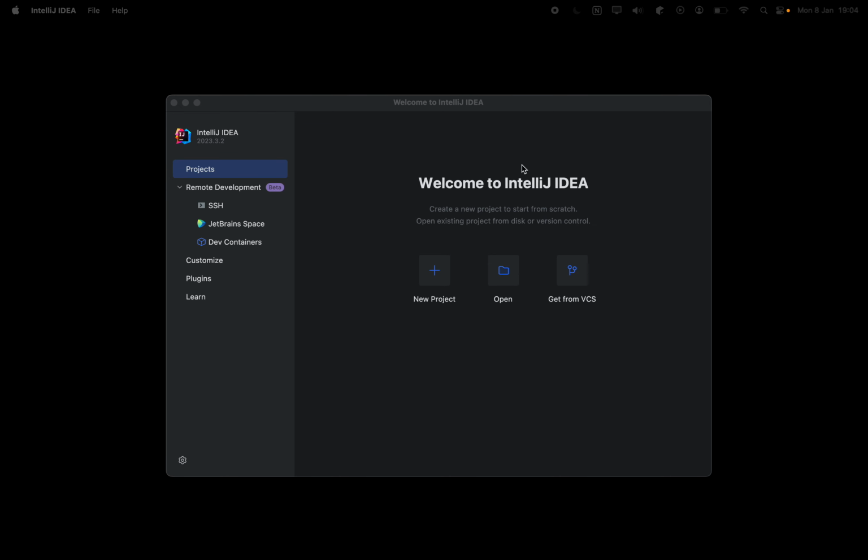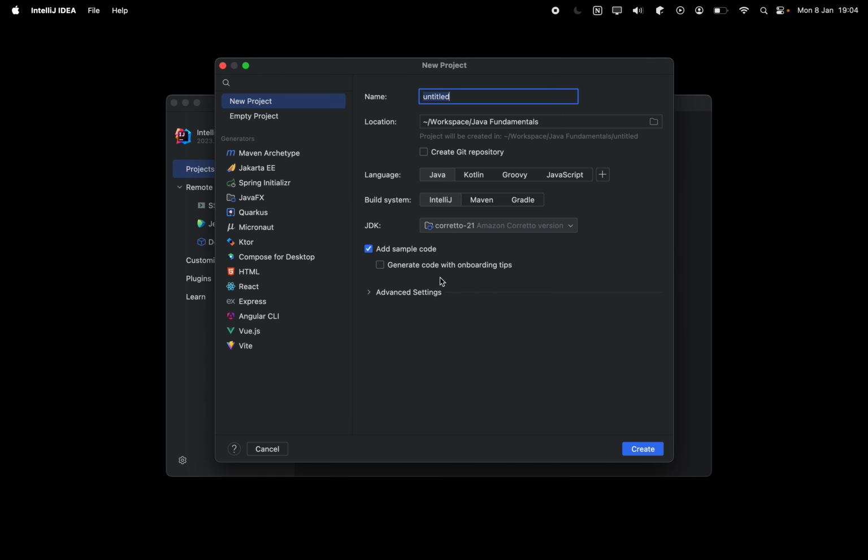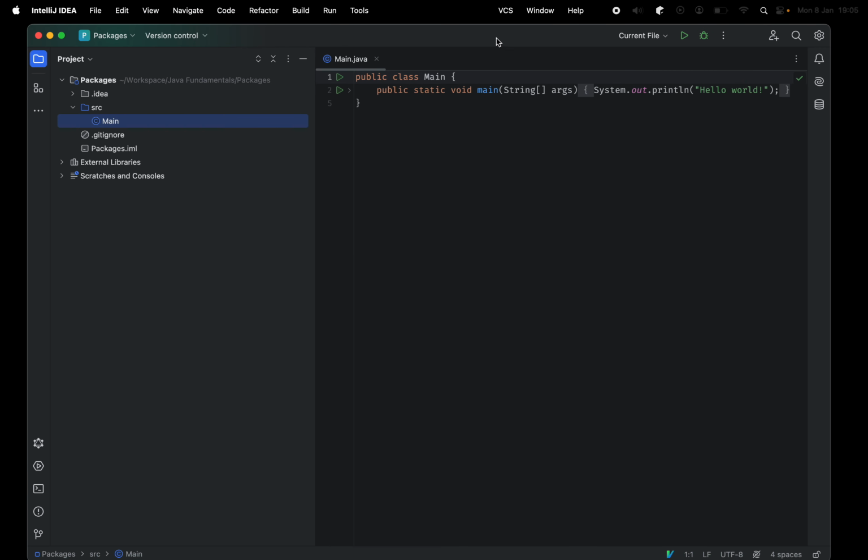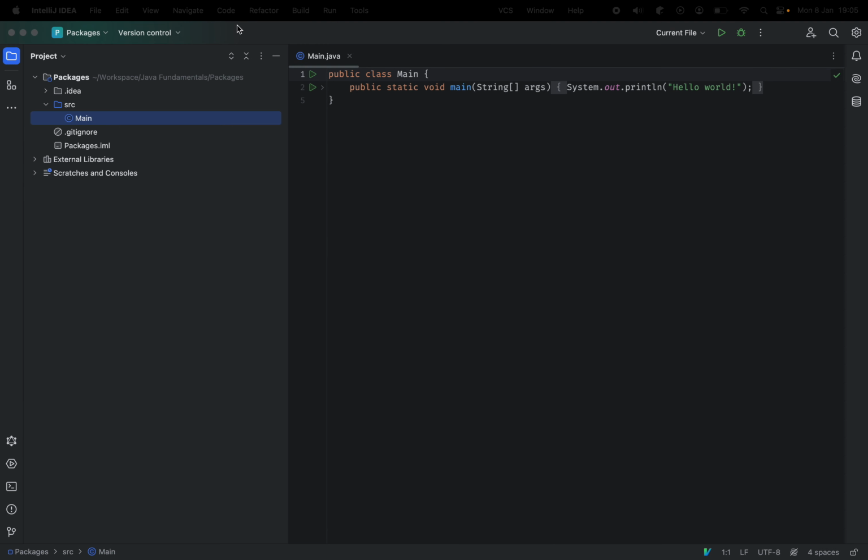Okay, so in this section, we are going to learn about packages in Java. Let's create a new project in IntelliJ just so we can demonstrate this. So let's call it packages. Add some sample code, create. We've got our code window here. Obviously, we haven't discussed packages yet because we've just been doing some basic syntax in just this one file